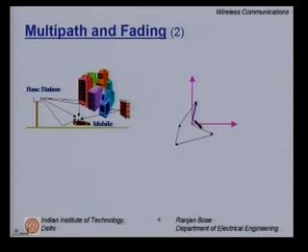So as you can see, what you receive can be modeled as a multiplicative number. So you change your amplitude, that is, you scale it down. So you can multiply the transmitted signal by alpha plus a phase term e raised to the power j theta. So this multipath fading can simply be expressed in terms of a multiplicative factor alpha times e raised to the power j theta, where theta is the change in the phase.